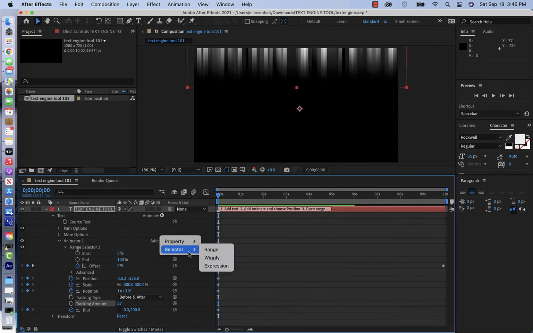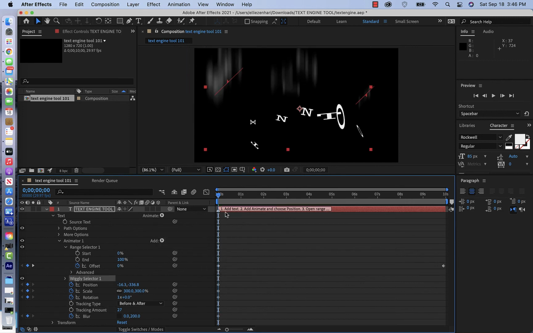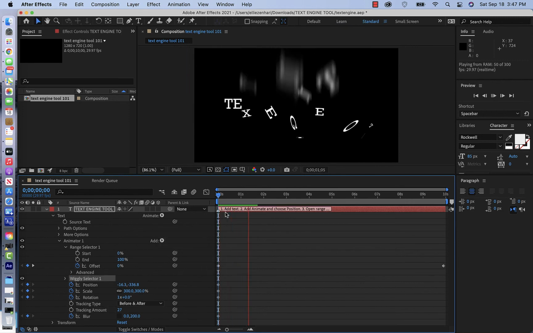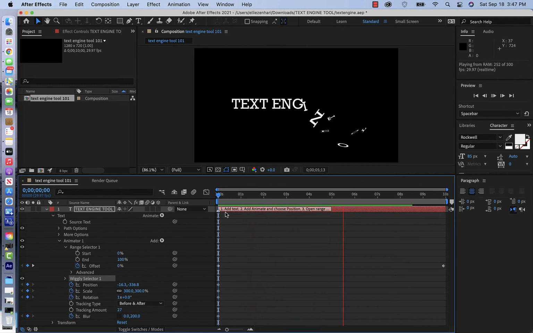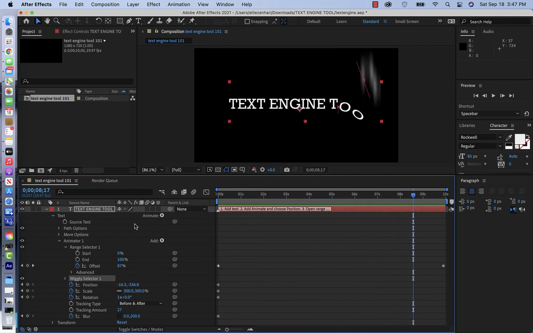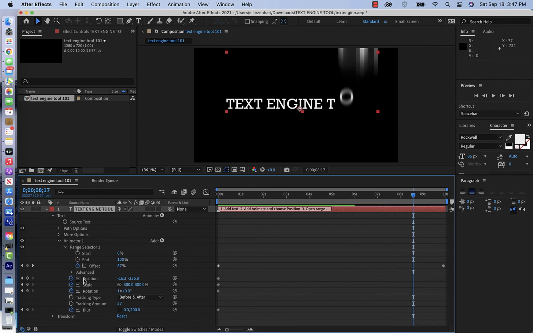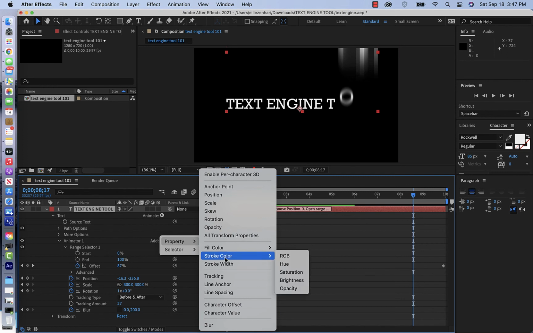and this time I can add wiggly, and wiggly is like a preset engine that allows me to wiggle each individual letter by itself. And let's say if you don't like one of the properties, you can simply go ahead and click on it and delete it from the list. And the last thing I'm going to change is